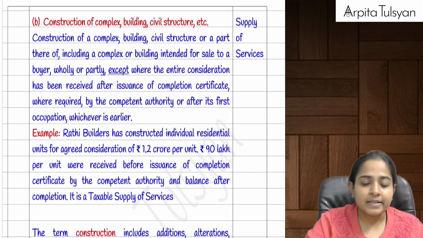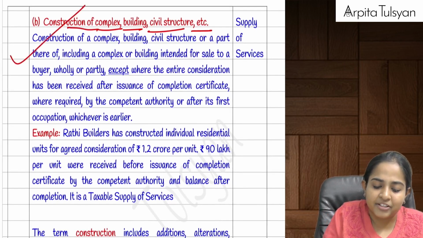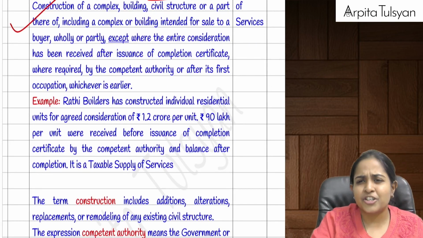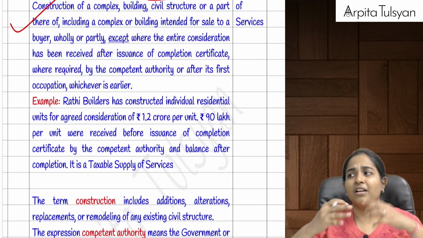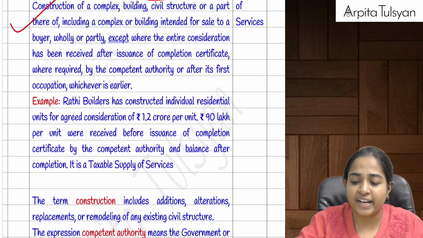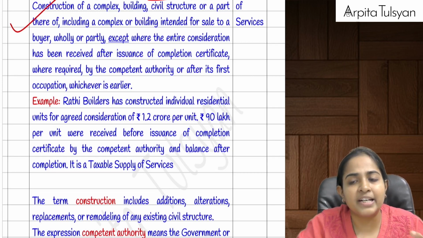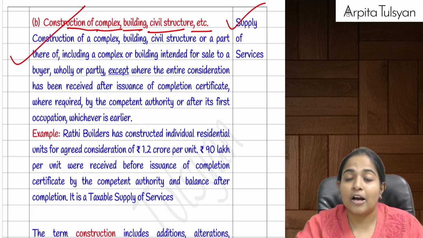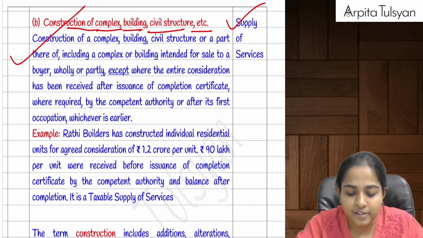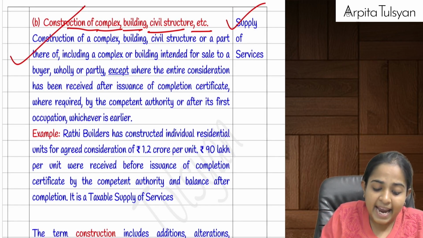Very clear with this? Then construction of complex buildings, civil structures, etc. Construction includes additions, alterations, replacements, revamping, remodeling of an existing structure. If you are providing this construction services, then this is called as supply of services. But one thing is very, very important here, except